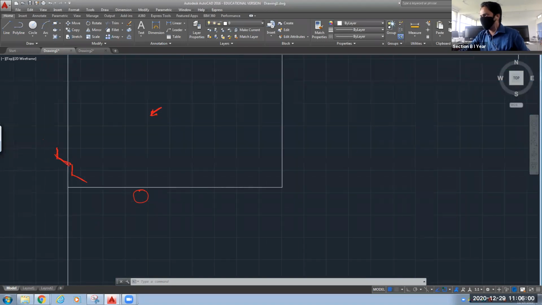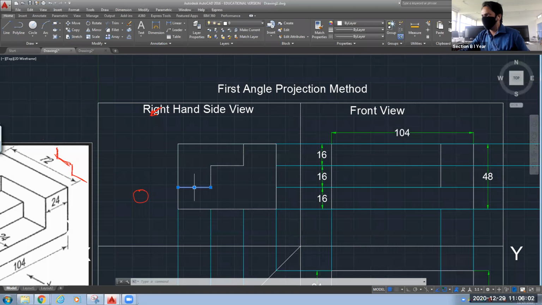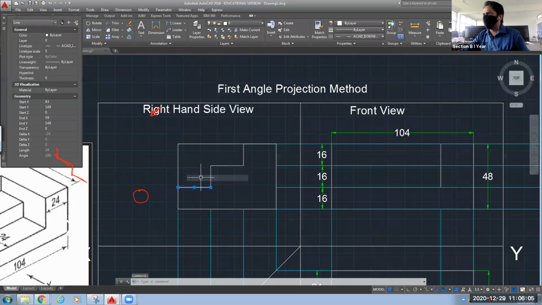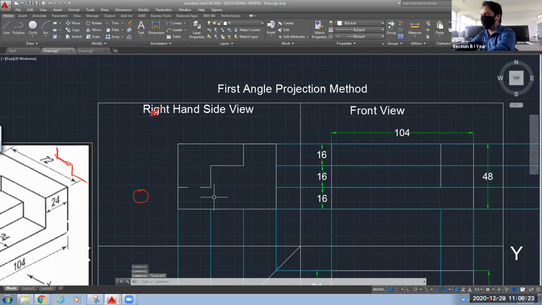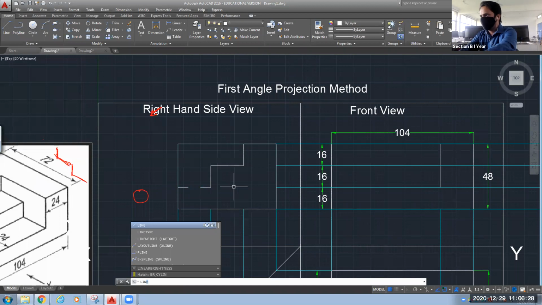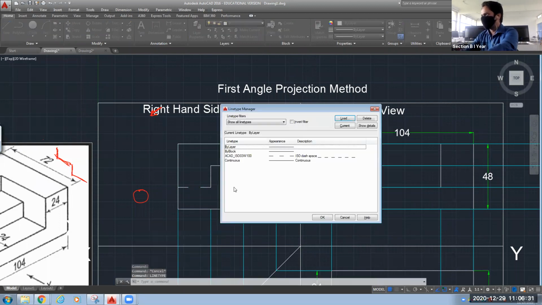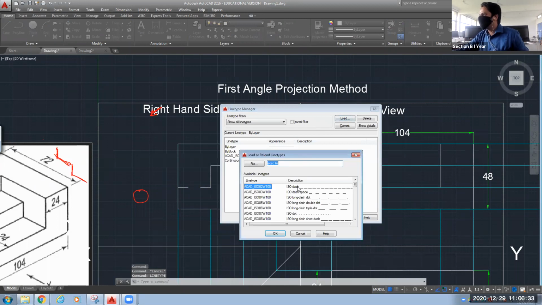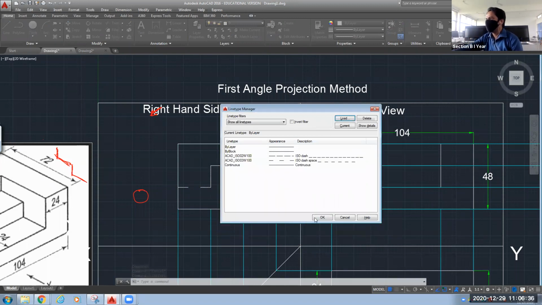No, it is still not visible. I have zoomed it. Properties, line type scale, make it 10. It is not visible with 10 also. Then there is something wrong. 0.5. Okay, I got it. What is the problem? We have selected the wrong line type. So we need to go for another line type. Go for linetype, load this normal dash, the first option, and close it.